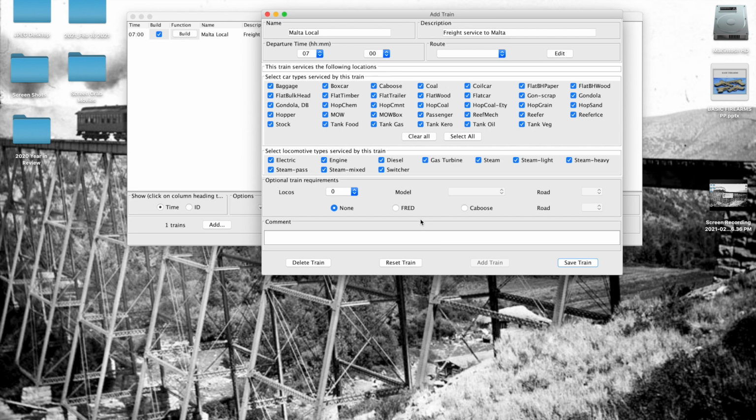Now down here, you can see we've got 0 locos checked, and that's because we're not messing with the locomotive tab at all. If I did put 1 locomotive, then you could see I've got a drop down here. I can request specific locomotive types, and there's not near as many of these to choose from. You'd have to enter in and create. I think this actually also works off of your